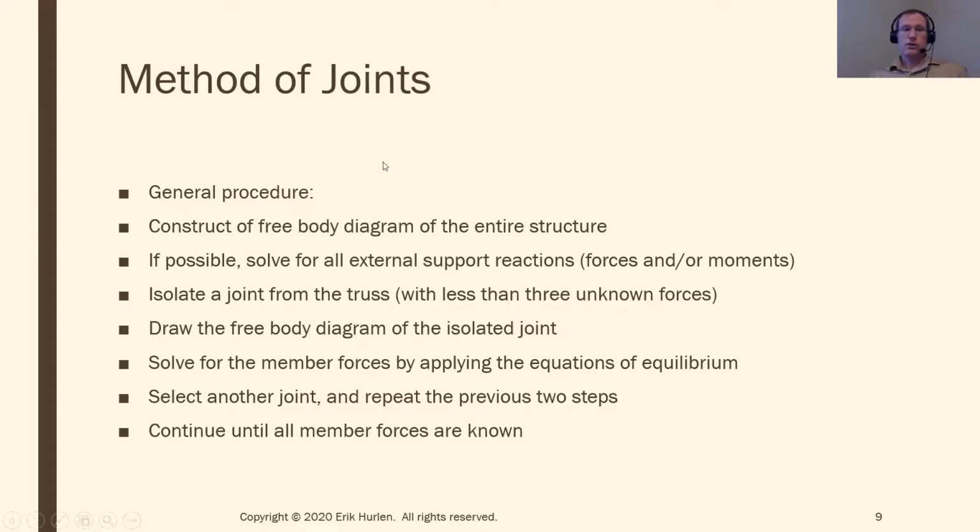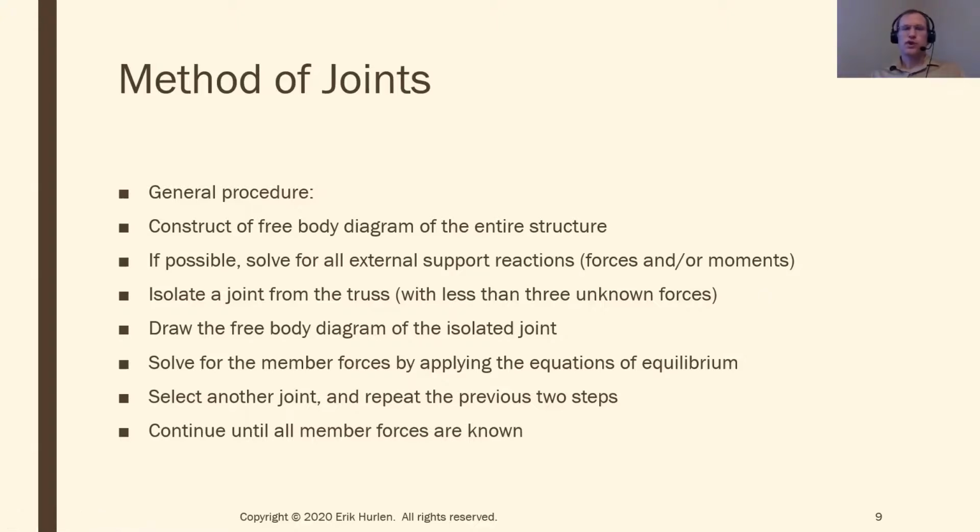So the general procedure for method of joints is to construct the free body diagram of the entire structure. A lot of times the first thing I need to do is what we did on day 9 or 10 and actually find the external forces that are acting at the supports. So I'm going to have a roller on one side, a pin on the other side. And the first thing to do is what we did on day 9, find those external forces. So free body diagram, find the forces. And then once I have all my external forces found,